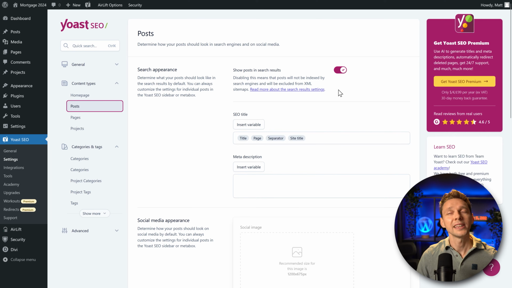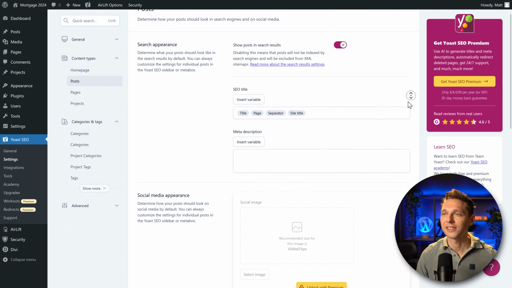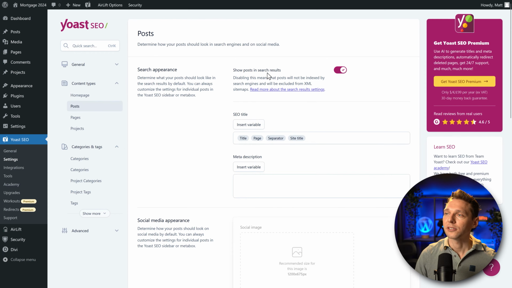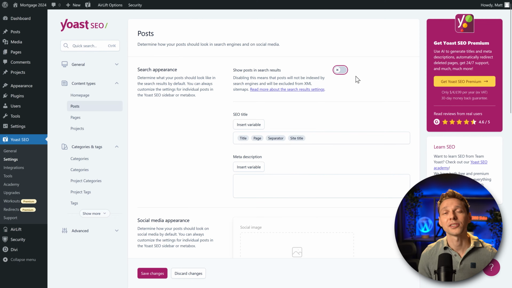Let's go to posts, and here we can change all the SEO standard settings for our posts. Now, first thing we do is, do you want to show posts in the search results? That's very important. If you don't use any posts at all on your website ever, then just turn it off because it won't be added to your sitemap and it saves the Googlebot a little bit of crawling through your sitemap. Not that much, but hey, let's keep things clean. If you do have posts on your website because you're creating a blog, then please keep this enabled.